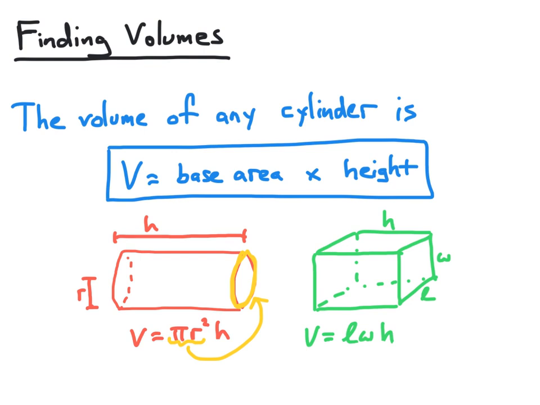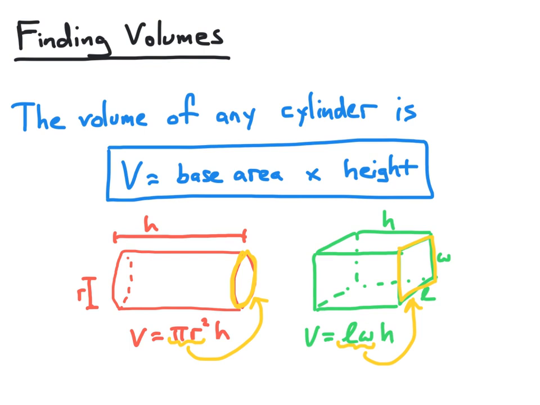The second example we have here is a rectangular prism with length, width, and height labeled as L, W, and H respectively. And we know that the volume of a rectangular prism is length times width times height. Again, however, we can notice here that this follows our general principle because the length times the width is the area of the base of our rectangular prism. It's the area of this square over here, and then we multiply that by the height to get the entire volume. And so these are, although both different geometric solids, their volumes are computed using this very basic principle of